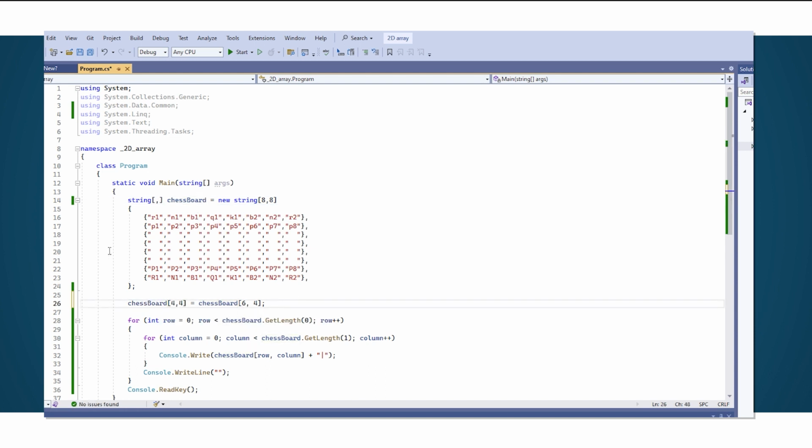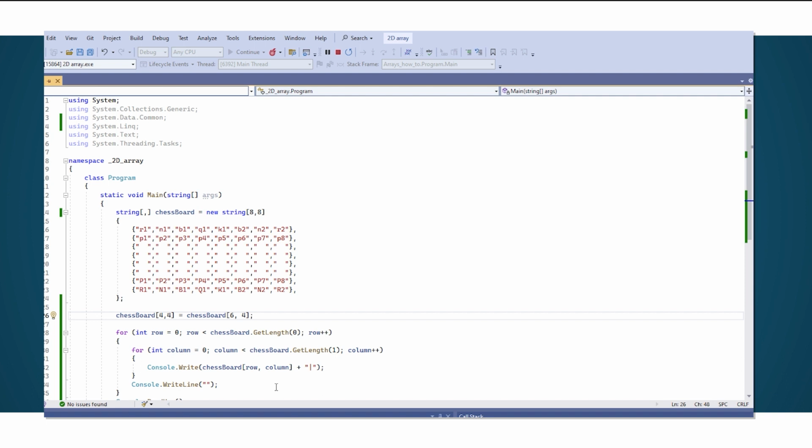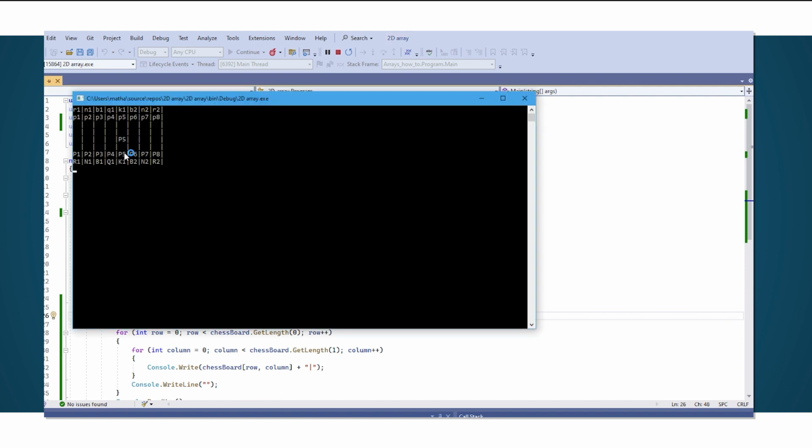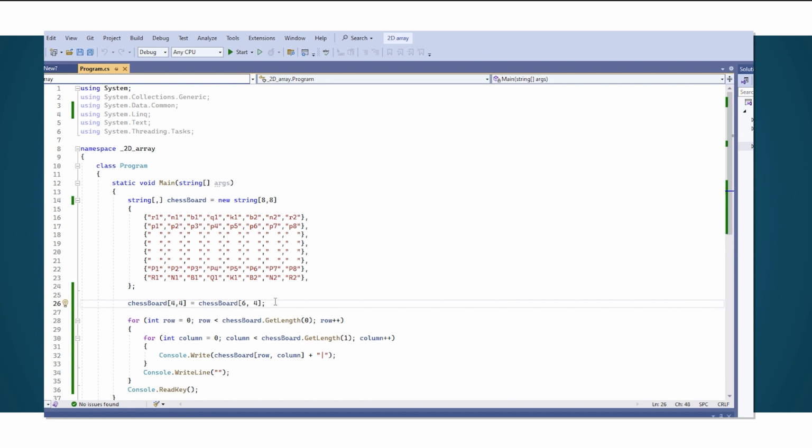Let's spell it correctly. There we go. So chessboard 4, 4 is going to equal chessboard 6, 4. Only problem with this is if I run it now, can you see it's duplicated the pawn? So what we'll then need to do is say that chessboard 6, 4 is now equal